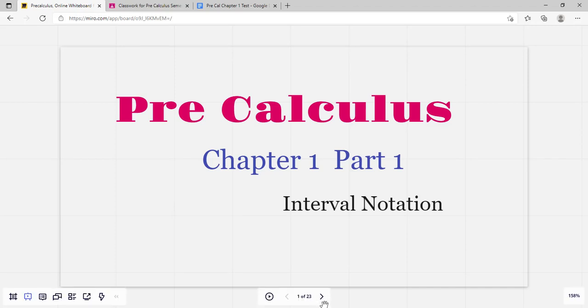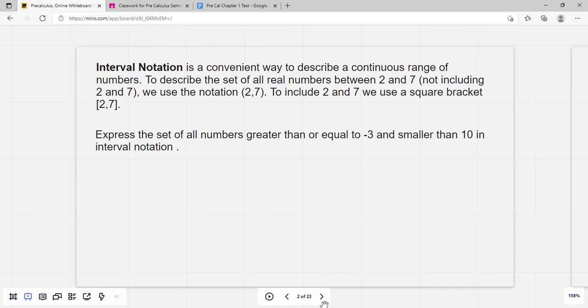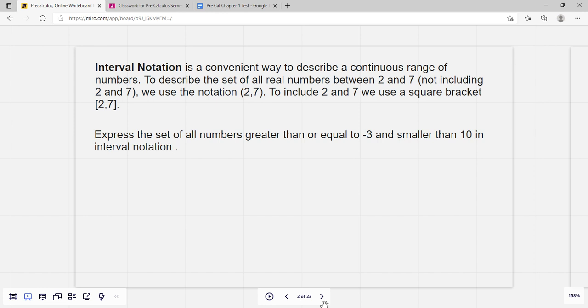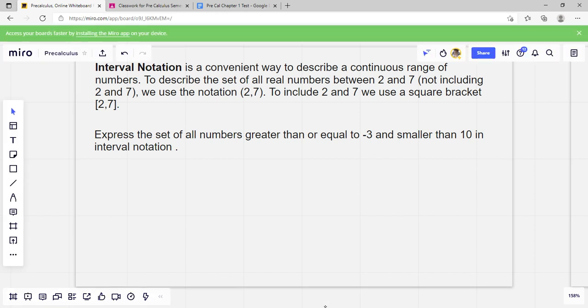Hi everyone, this is Pre-Calculus, Chapter 1, Part 1, and this section covers interval notation. Interval notation is a convenient way to describe a continuous range of numbers. To describe the set of all real numbers between 2 and 7, but not including 2 and 7,